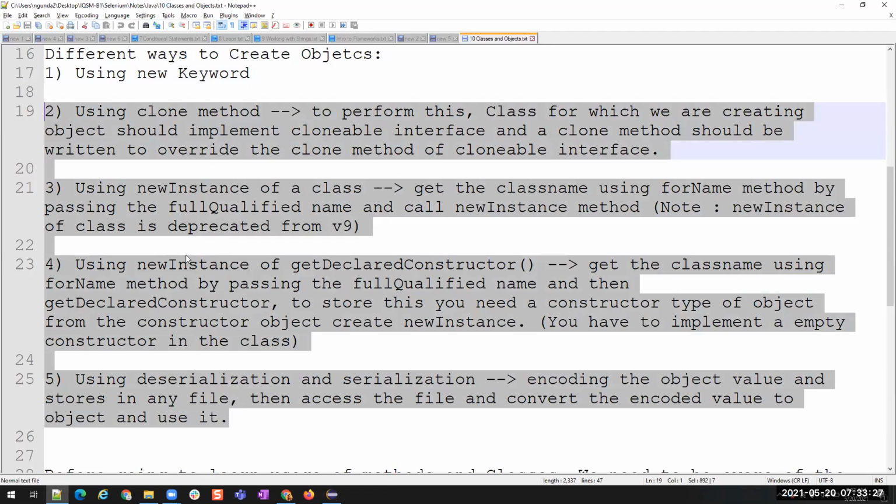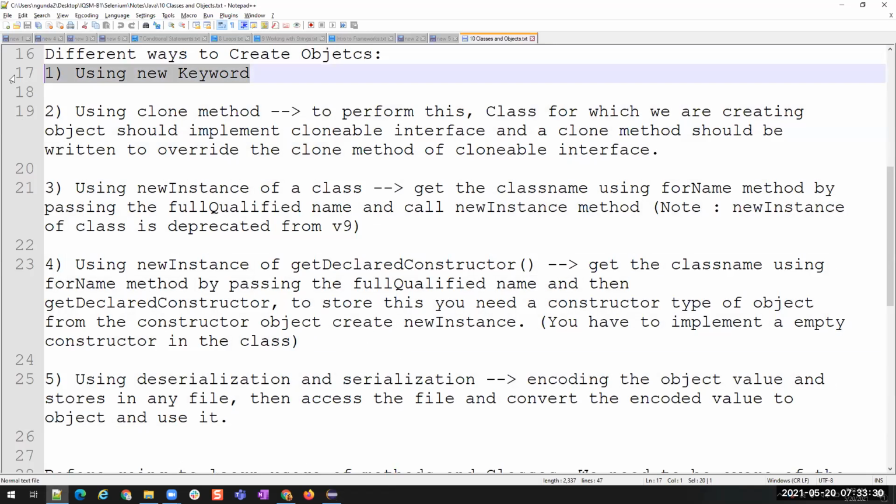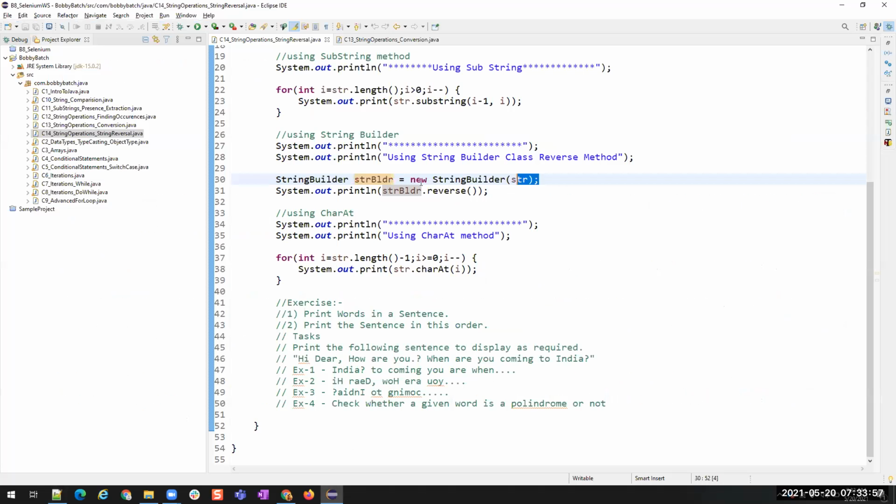There are a total of 5 different ways, but we mostly use the new keyword to create an object for a class. You can see this. Now, we also have a clone method. What is cloning? Creation of a duplicate. Clone means creating the same copy as it is, like a Xerox. We have a clone method from the parent class, that is Object. So after we create an object, again using the new keyword, now we have an object. Now what we are going to do is use dot clone.